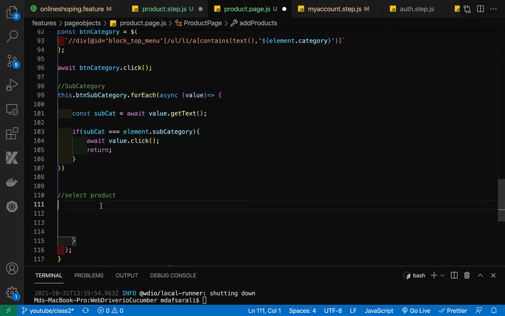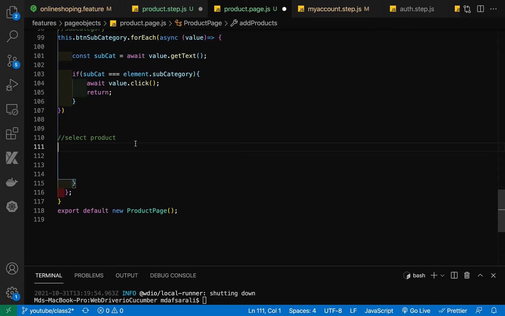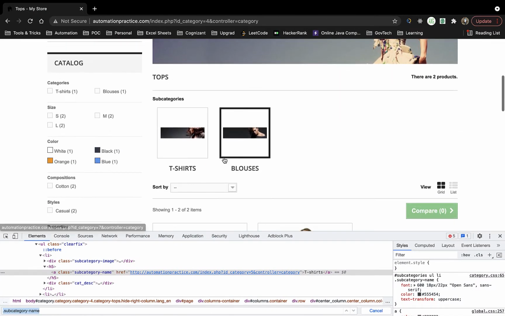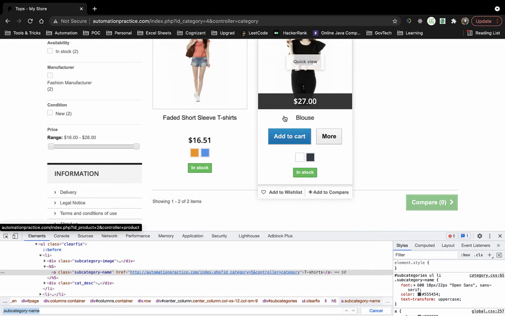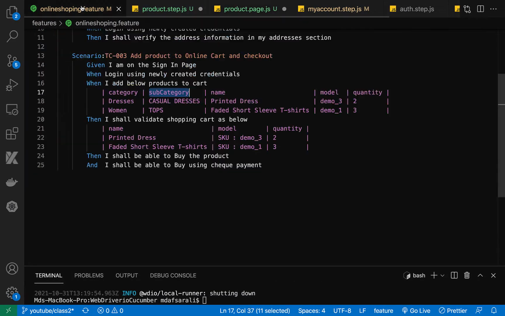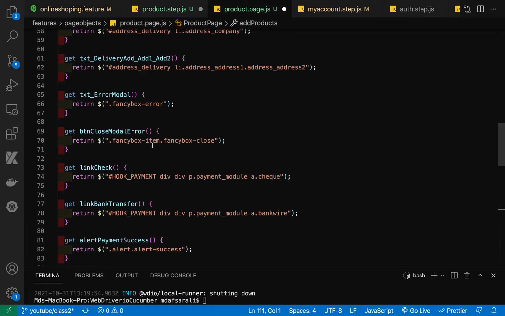For selecting the product, what you need to do is match this title of the product over here, like faded short sleeve t-shirt or blouse, whatever we have provided in our feature file, like printed dress. Then while checking out, we'll be validating this quantity and all. For the title, if you see here, we have another